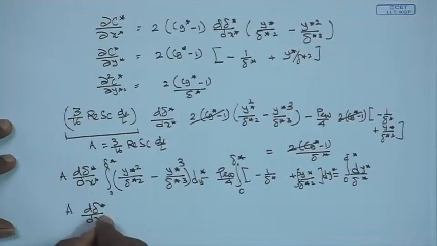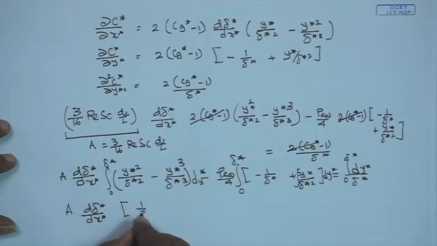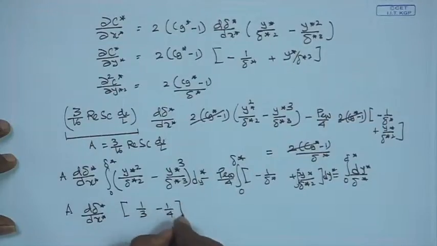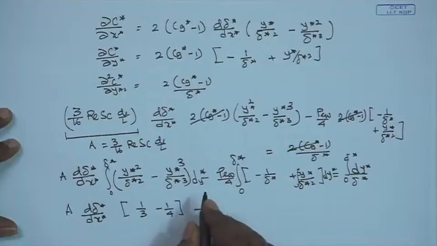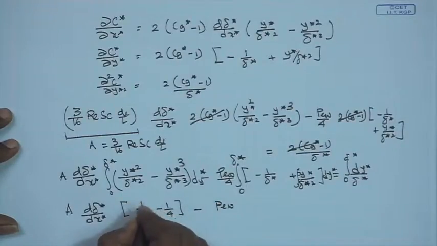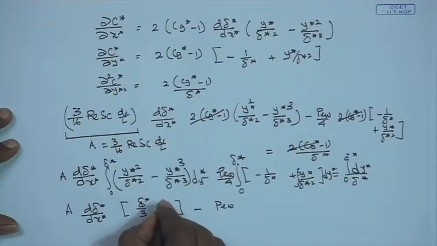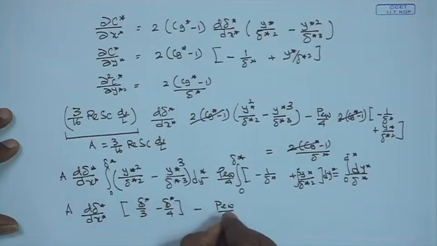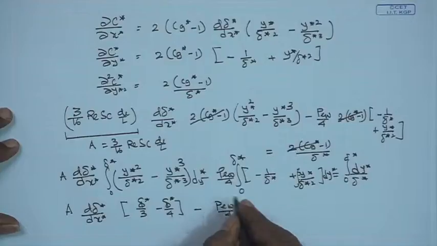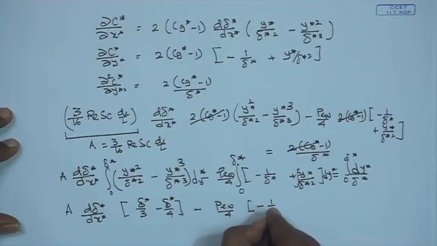Since delta star is a sole function of x star, the derivative will be a sole function of x star, and it will be out of the integral sign. And if you really do that, it will be 1 by 3 minus 1 by 4 minus P w. So, there will be delta star there. So, delta star by 3, delta star by 4, minus P w by 4, minus half,